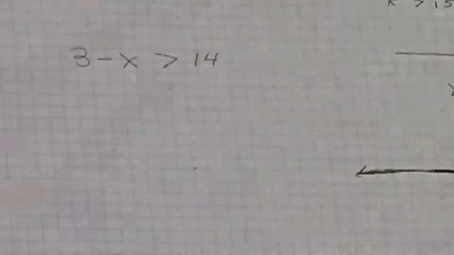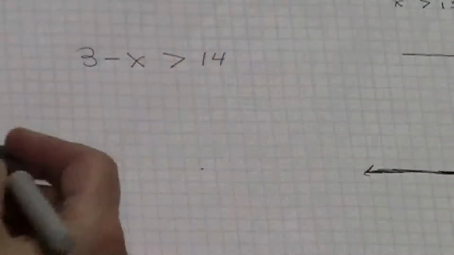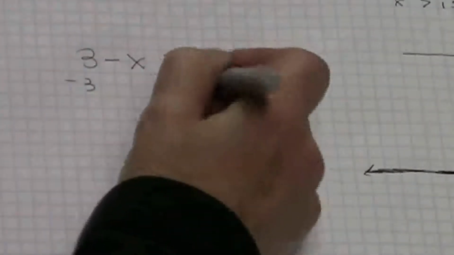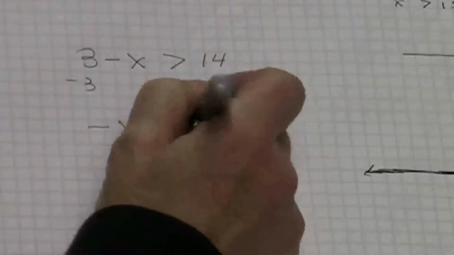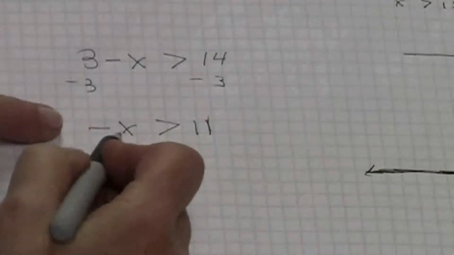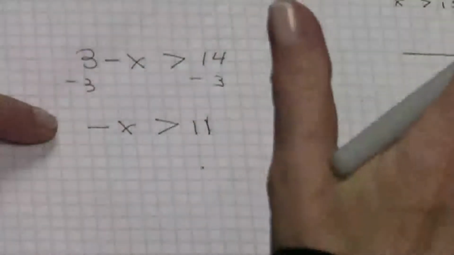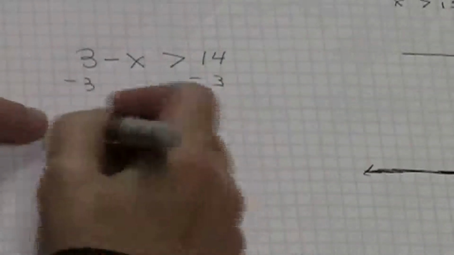Anytime I have a negative associated with a variable, in order to solve, I have to do something. Now, let me show you what I'm talking about. In order for me to solve, I'm going to bring the 3 over to this side. Minus 3, minus 3. I'm left with this. Because I have a negative associated with a variable, because that's a negative 1x, I now would have to... times it by 1. No, I'd have to divide out by negative 1